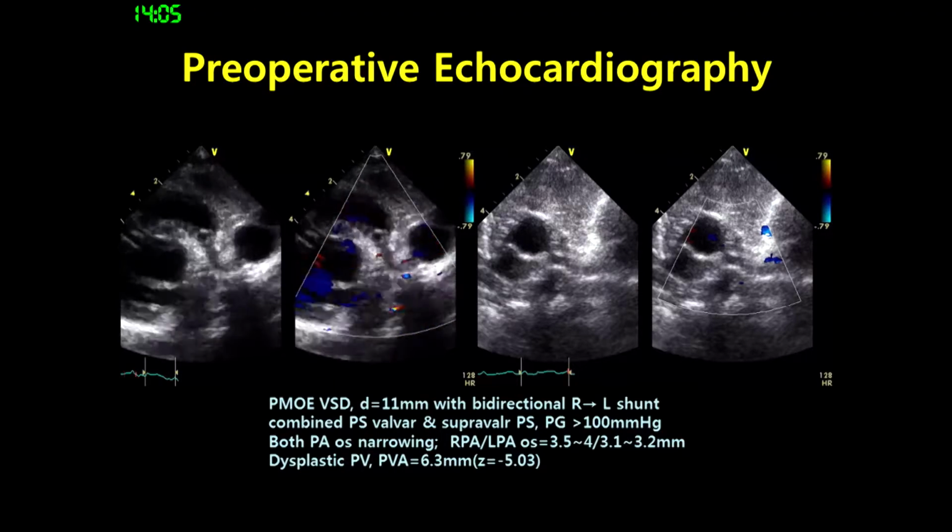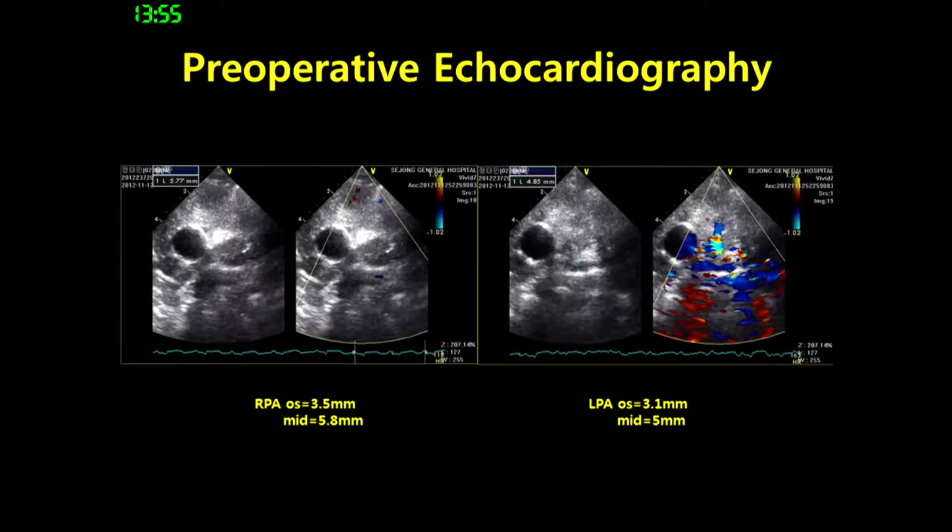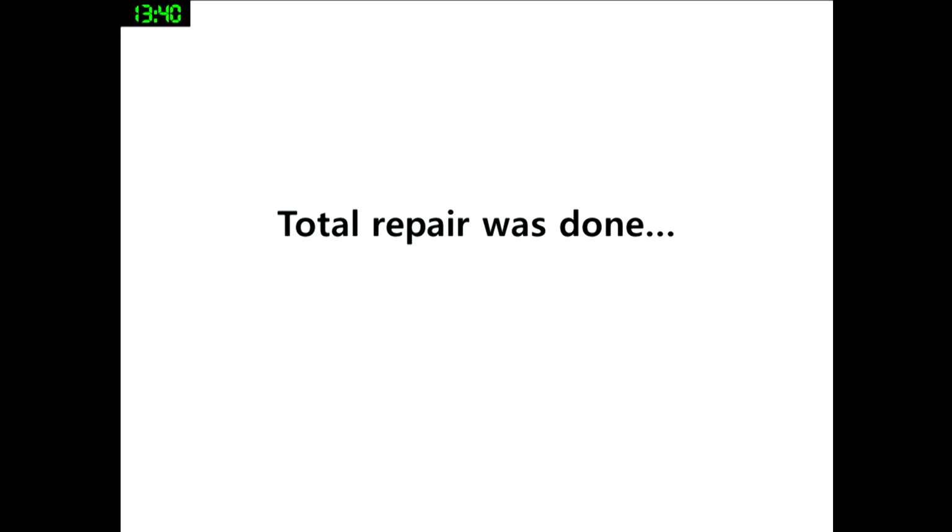Both PAs were very hypoplastic, and the pulmonary valve was dysplastic, and the annulus size was 6.3 millimeters. The Z value was -5. The RPA was 3.5 millimeters, middle was 5.8 millimeters, and the LPA was 3.1 millimeters, middle was 5 millimeters. The Pulmonary Artery Index was 8.5. So the patient